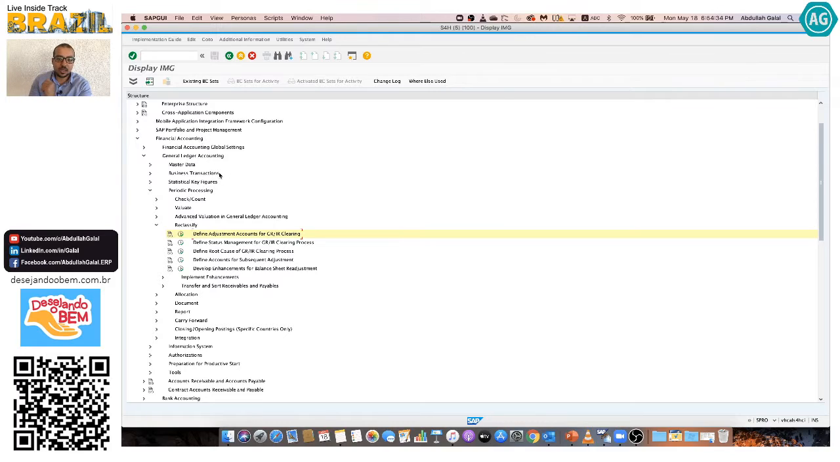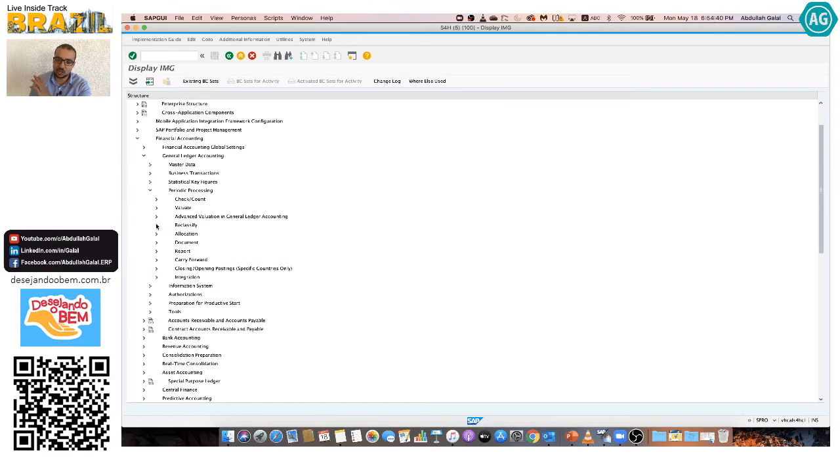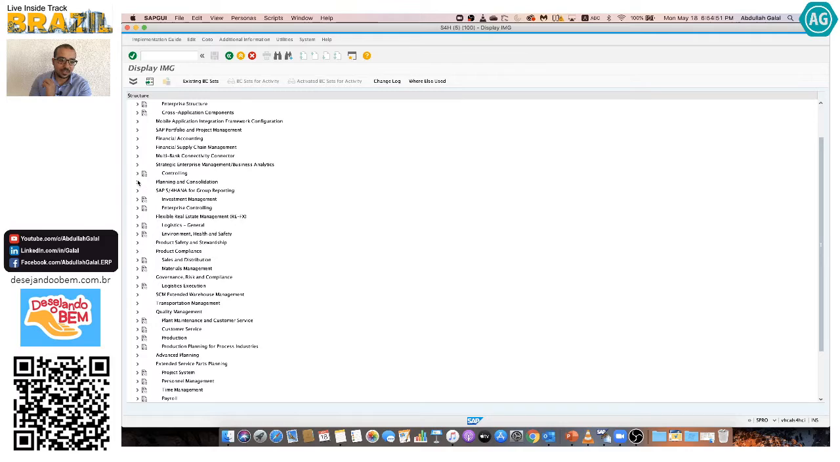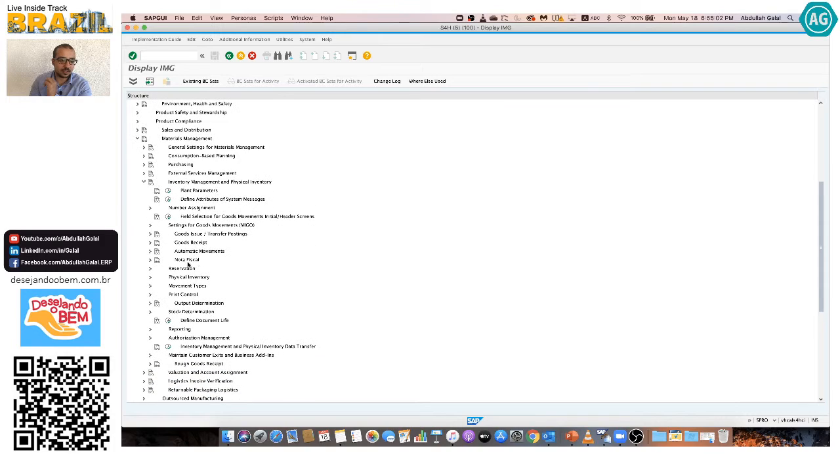Now, how do we configure the GRIR account determination? This is something that most of the people who work in financial accounting know, because this is a very important part. So in order to configure the GRIR account, you have to go into the material management menu here. Material management, inventory management and physical inventory. And then we go to